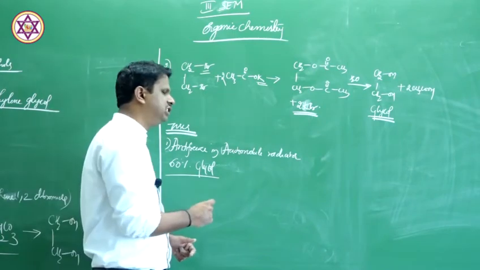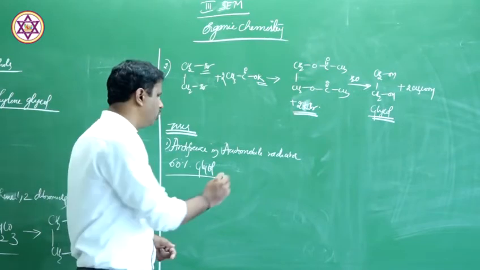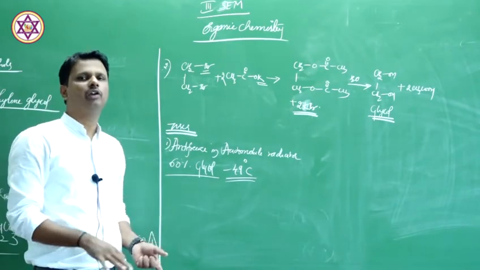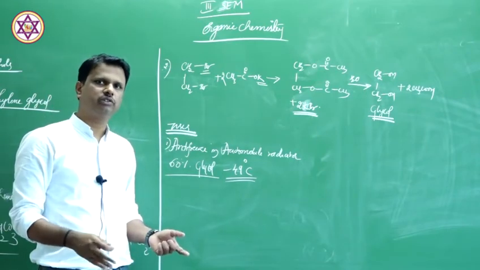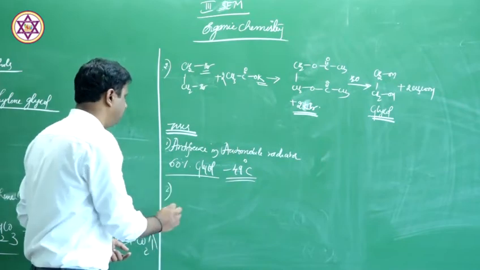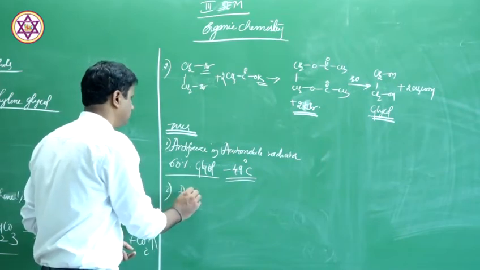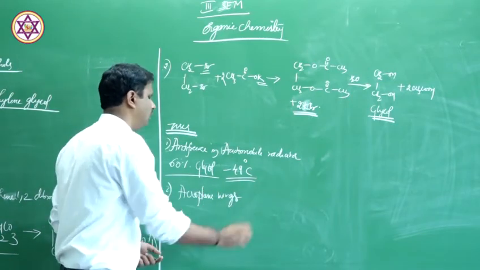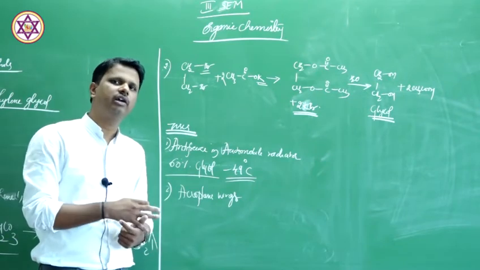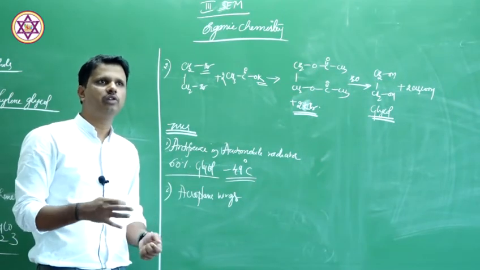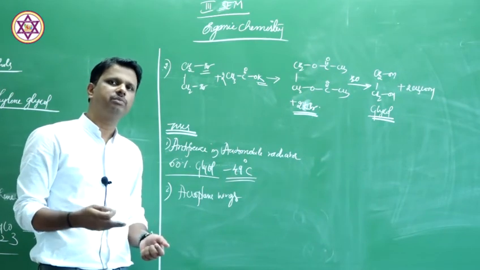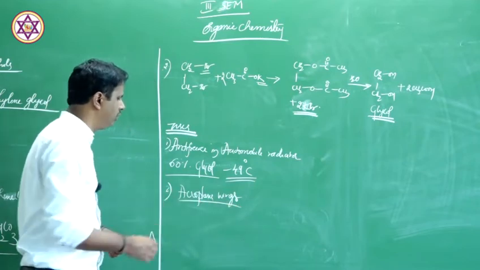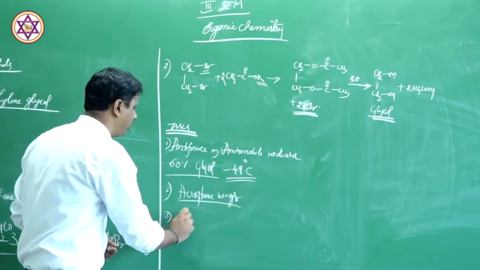So the freezing point of water shifts from 0 degrees to minus 49 degrees Celsius. So it remains as a liquid in the radiator and will not become ice. That is one advantage. And in aeroplane wings, since aeroplanes travel at higher altitudes, especially in cold situations, the formation of ice may occur on the wings of the aeroplane. So in order to avoid that, it will be sprayed on the wings of the aeroplane, and it is used as a preservative.